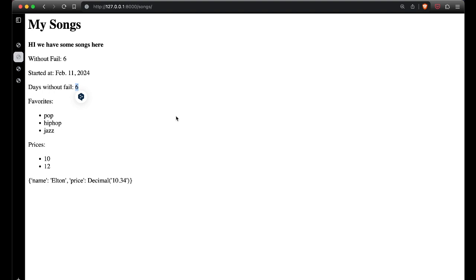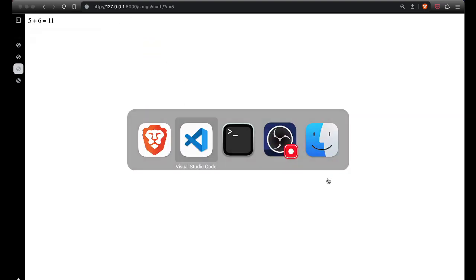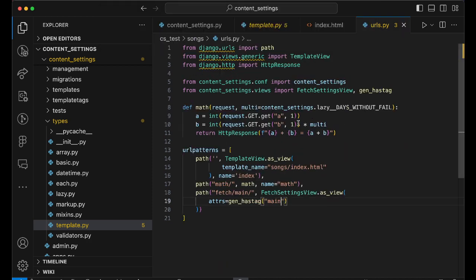And that's a very powerful thing that you can use in your content settings. Another thing that you might want to use in your content settings, let's quickly check this type, this math. And this math, that's the math function, as a reminder for you, is using this days without fail variable. Let's get it back here. We might, you know what, let's leave it here. We don't need it. I want to just show you one more tool that you can use in your content